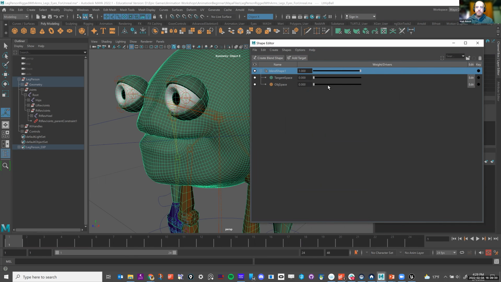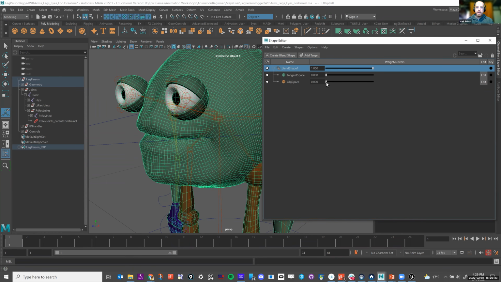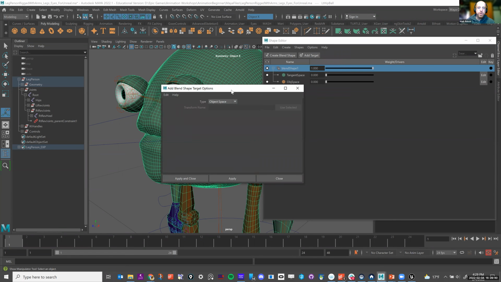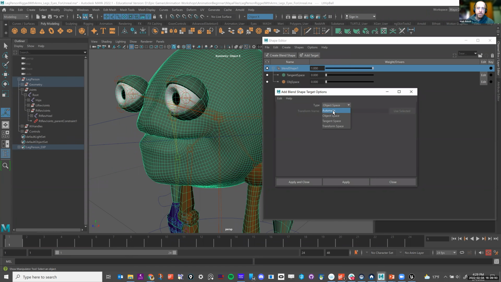So that I can have this thing smiling like that. I just made 2 smiles here. But the difference in these 2 smiles, when I did Add Target, if I go into Create, there's Add Target. In the option box of that Add Target, you have the option to have it do automatic, which probably will put it into tangent space, but I specifically wanted it to have a tangent space version and an object space version, just to be able to show you when we bring this into Unreal what the difference is between the two.